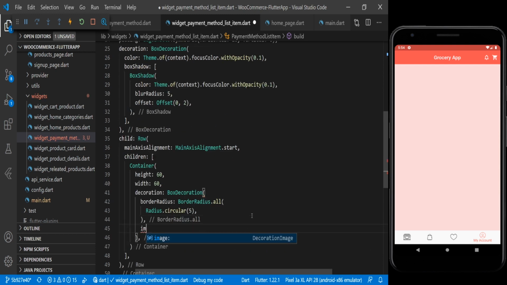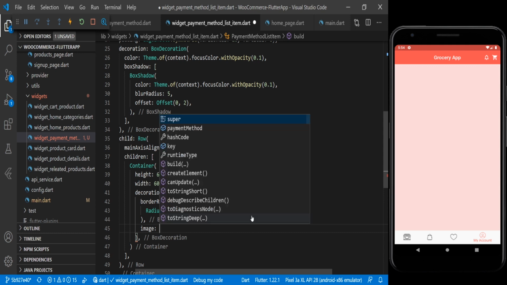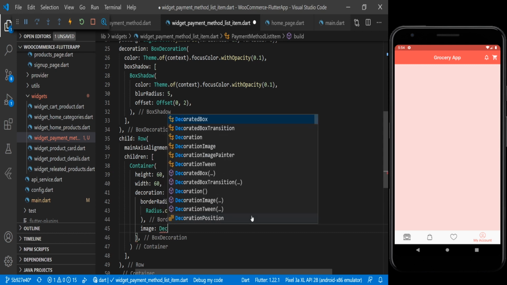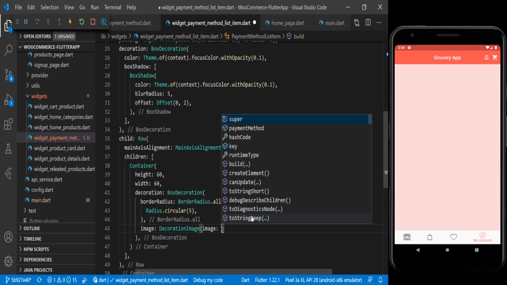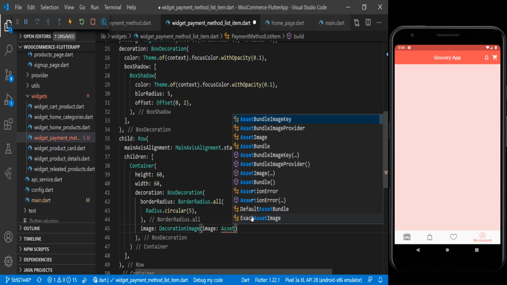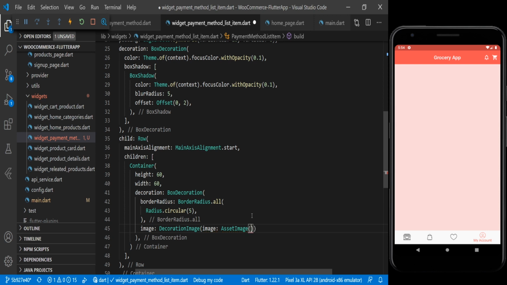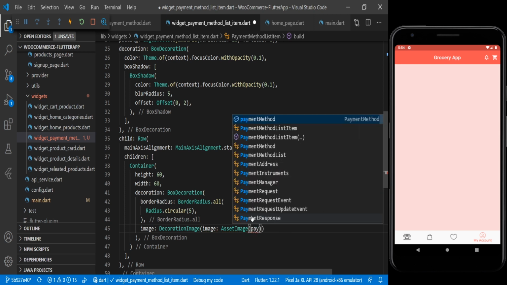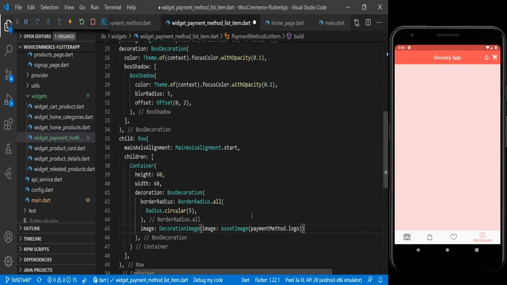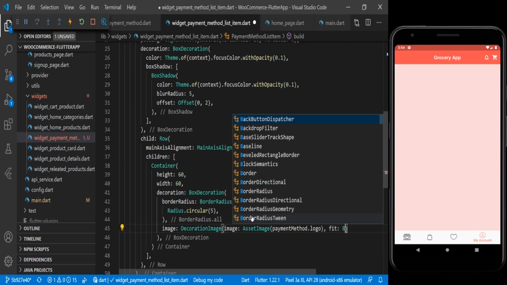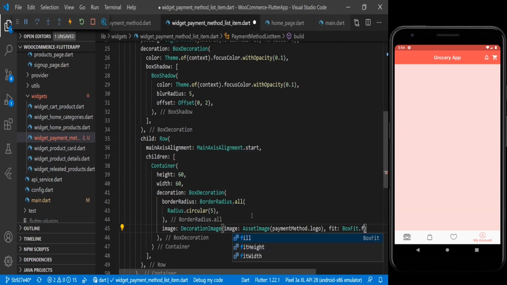Then we are using here image, and for the image we are using here decoration image. Here we are passing here image, and we are picking from the asset image, and here we will pass that path, and we are using here payment method dot logo, and for the fit we are using here box fit dot fill.